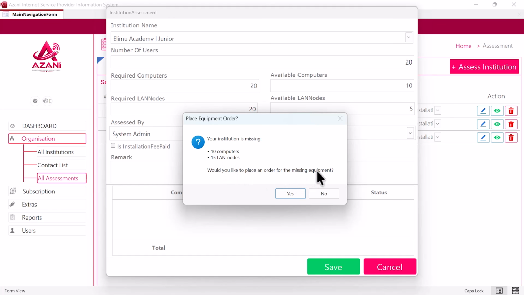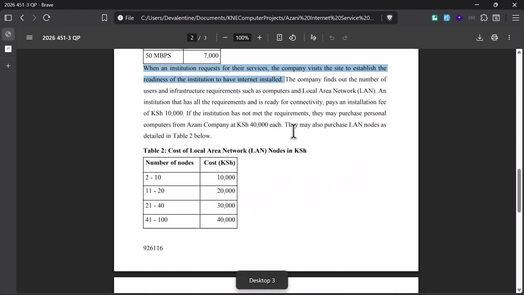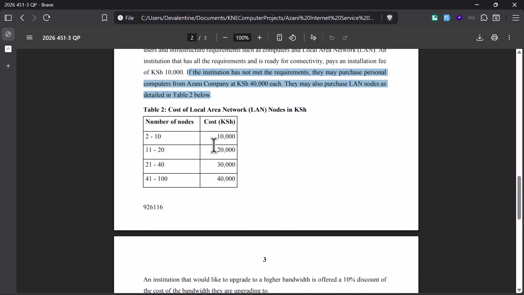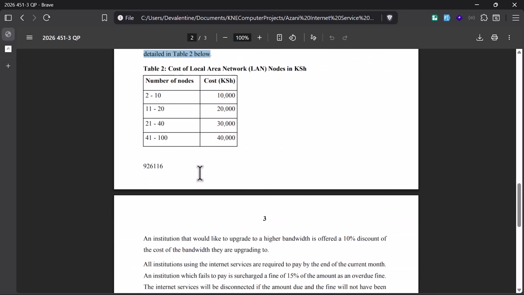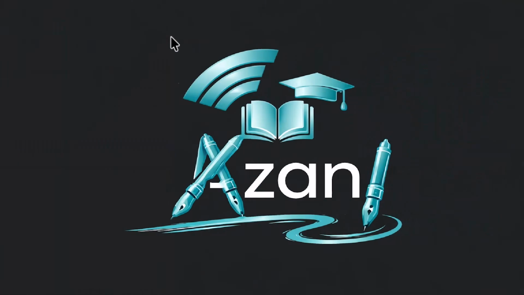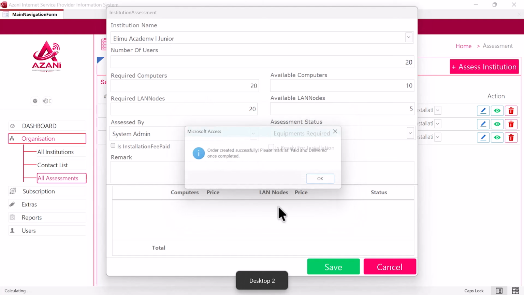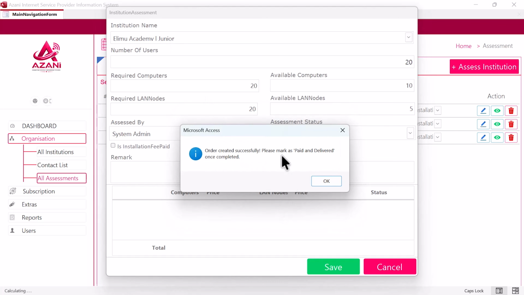This is also mentioned in the question paper, because if you read through, it says if the institution has not met the requirements, they may purchase personal computers from Azani company at 40,000 per unit, and they may also purchase the LAN node as the detailed table shows below. So this particular model is in response to this particular section of the question. If we go ahead and click on yes, we want to order those things, and then it's going to create an order for us, and then it's going to ask us to mark it as paid and delivered if everything